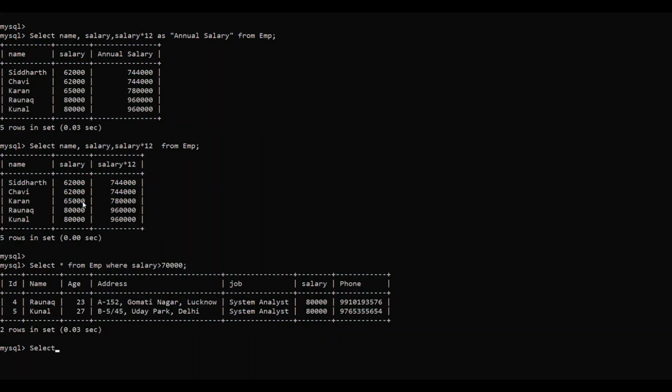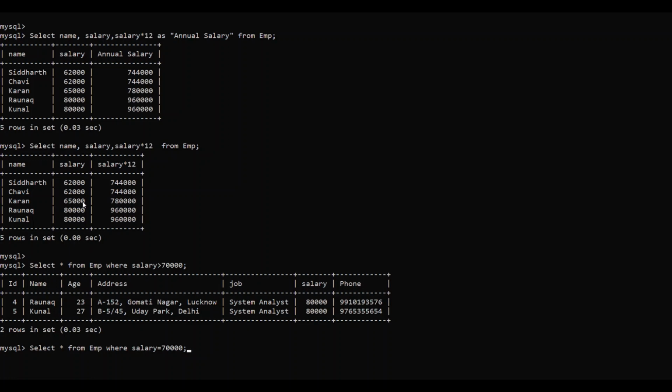Similarly, I can use any of the relational operators. Like अगर मैं लिखती हूँ select star from EMP where salary equal to 70,000. Obviously, this will show me only the records where salary is exactly equal to 70,000.